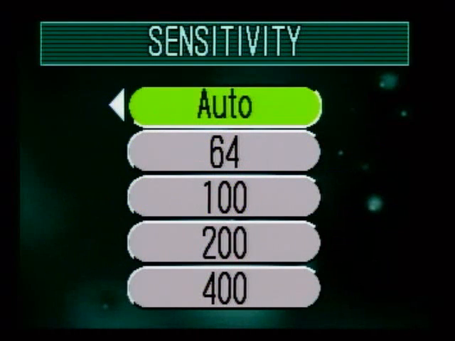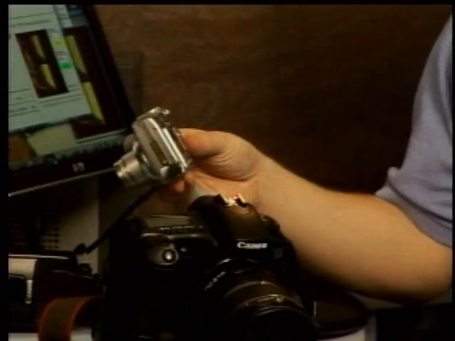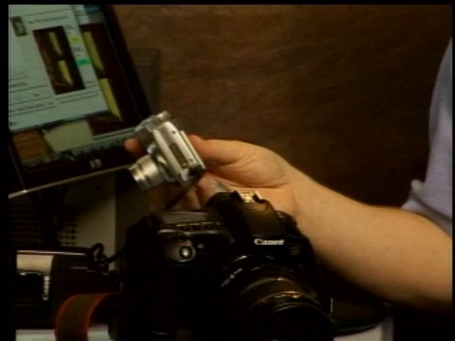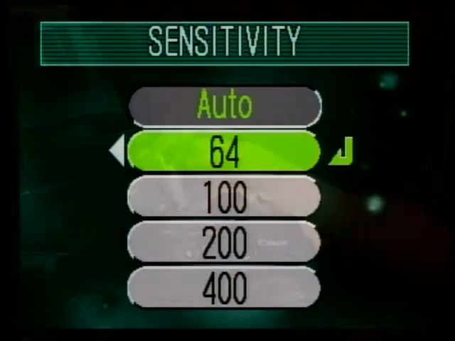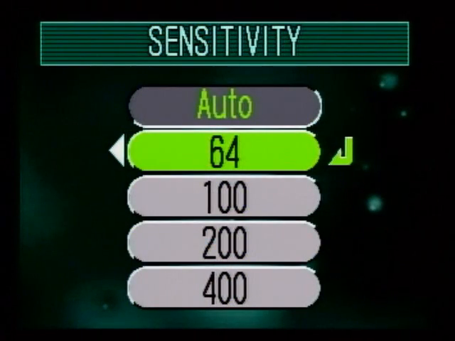So here's what I was talking about. It defaults to auto. The camera decides what your ISO is going to be. And who knows how it does it. Just kind of arbitrary. Every manufacturer does something a little bit different. So quite often when you're taking pictures, you want to set that manually. Say, if you want to have a picture that blurs a lot in the background, you want to go with a smaller ISO number, a less sensitive film, and then use your large aperture, and that'll give you the look that you want.